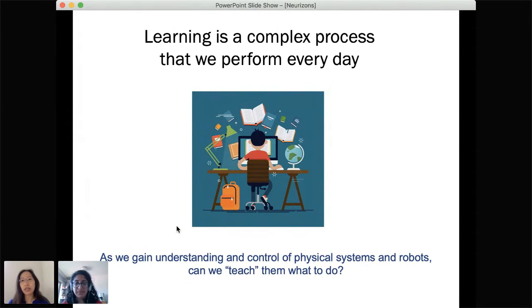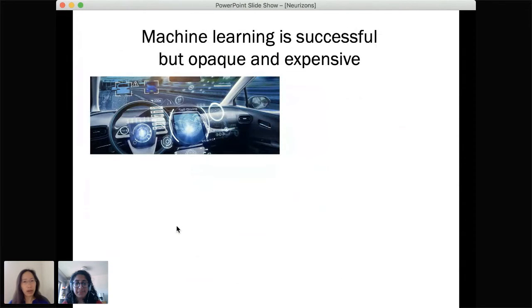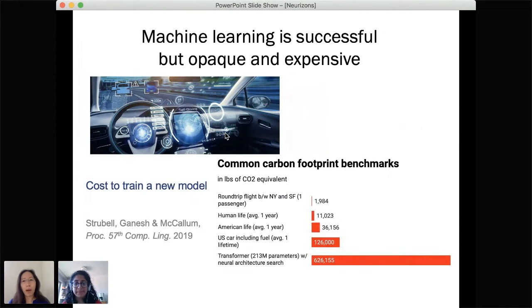And some might already say, well, we already have a paradigm for learning, which is machine learning. It definitely works very well. Self-driving cars seem to be right around the corner. But at the same time, given that many of us will be partial to the brain, let's look at some of the costs of machine learning, which is that firstly, there is a big cost to the environment. Of course, it uses a lot of energy, as you can just see in this benchmark paper that came out last year, just in the cost of training a new model.